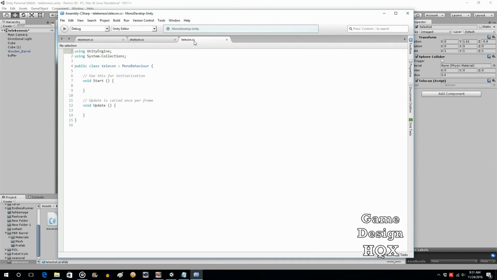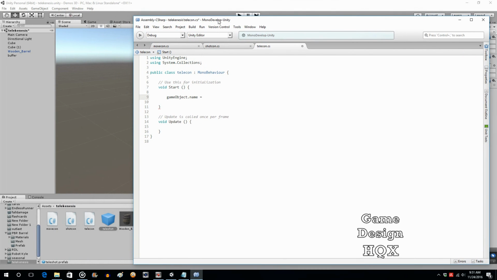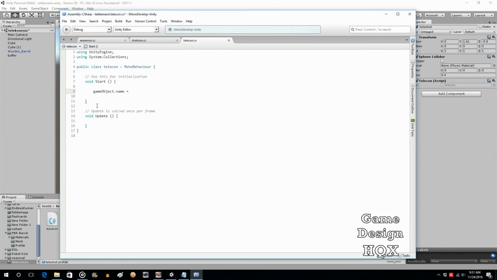So Telecon is attached to the shot object. So when it gets instantiated, just gameObject.name equals, and we're just going to return it to its original name, teleshot. That way, when we're checking for collisions, we don't have to say teleshot clone, we can just say teleshot. Okay, so this renames it,